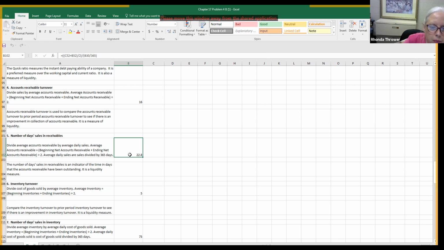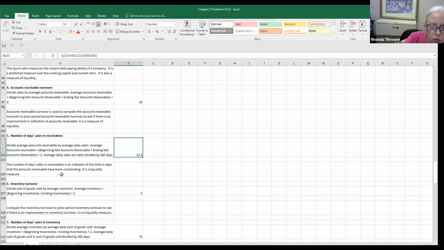I guess you could round that to 23 days if you wanted to, but I believe in this problem they told you to carry it out to 1 decimal place. So it takes about 22.8 days